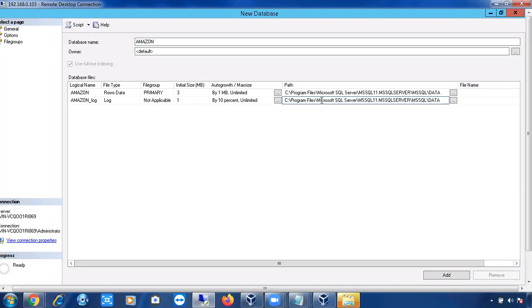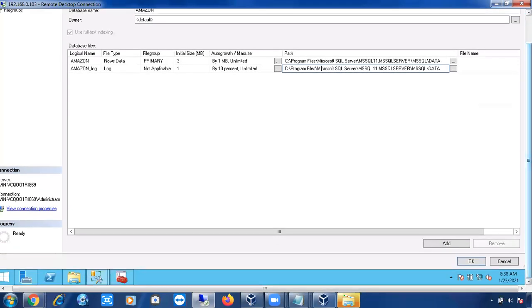So whenever you create a new database, you are simply renaming the existing model database. Don't think you are directly renaming the model database. Actually, in the backend, a copy of the model database will be created, and you are going to rename that model database copy. In that way, it will act as a template for newly created databases.